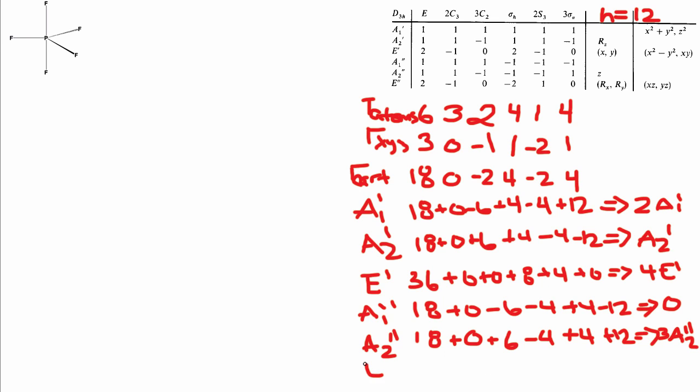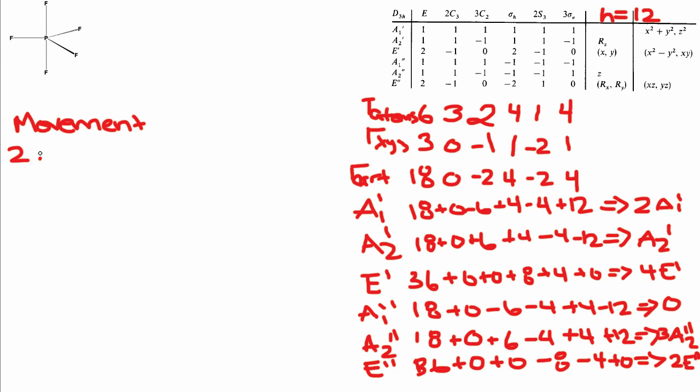And so finally what we're going to be looking at is E double prime, and in this case we'll have a value of 36 because we're going to do 2 times 18 plus 0 plus 0. In this case now, because we have a negative 2, we're going to subtract 8. We're going to subtract 4, and then we have 0 here, and so we'll end up with 2 E double primes. And so overall, all of the movement that we're going to have in this system